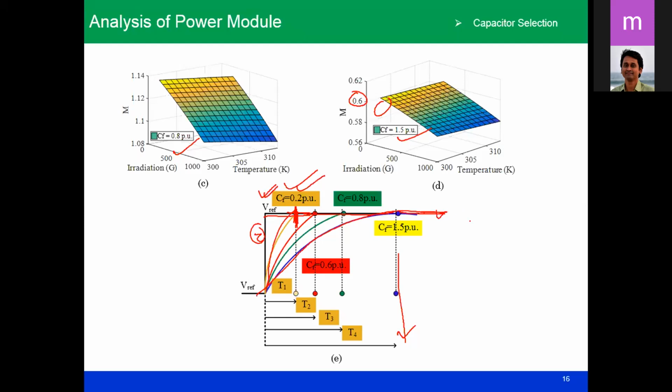Problem means we cannot directly say that 200 microfarad is the solution, because we have to check. The first thing, as I already mentioned, is that you have to check the resonating time. That is the first criterion. The second criterion, based on the slope, is that the value should be very small, which is 0.2 per unit. Now there is another dimension to look into.